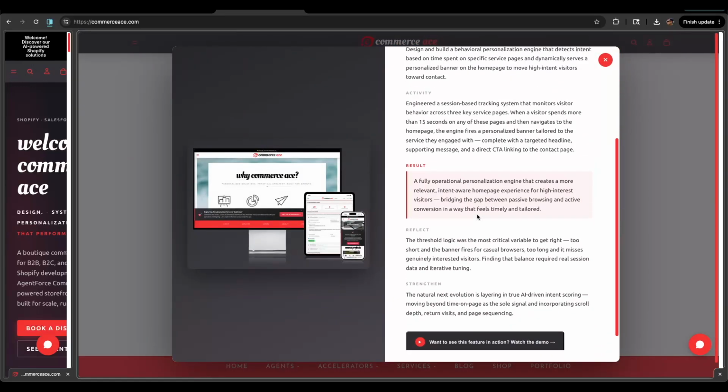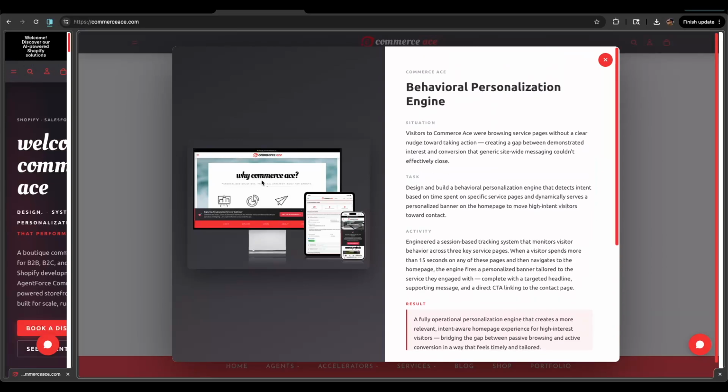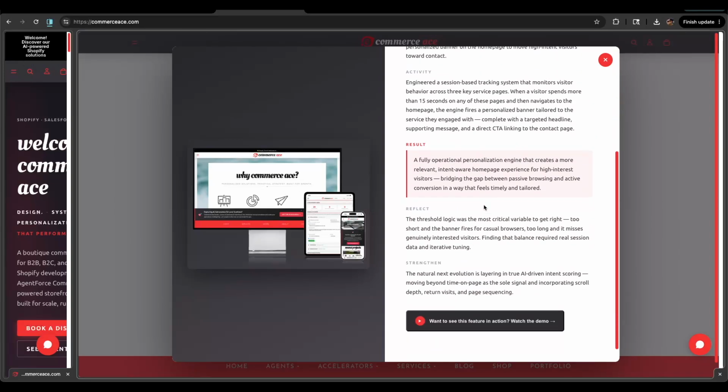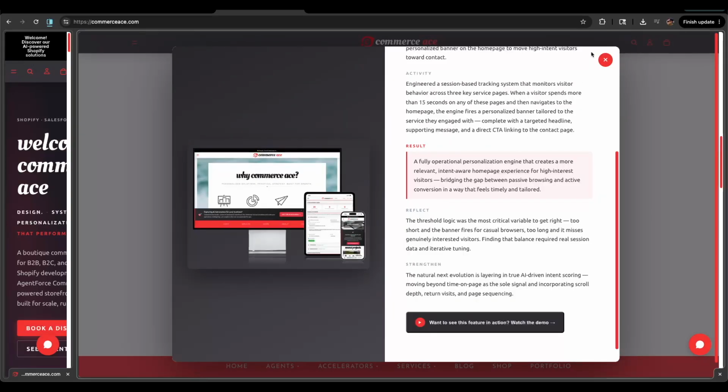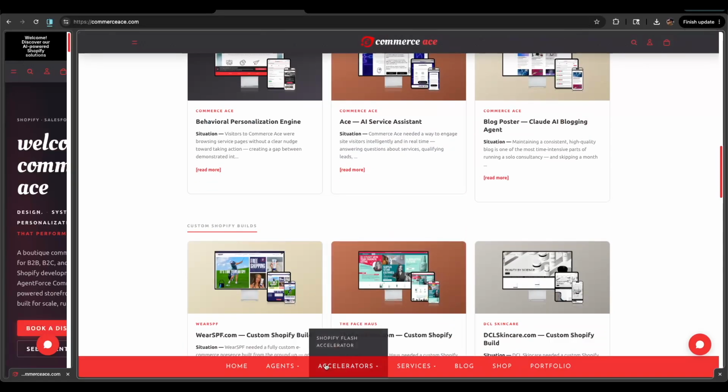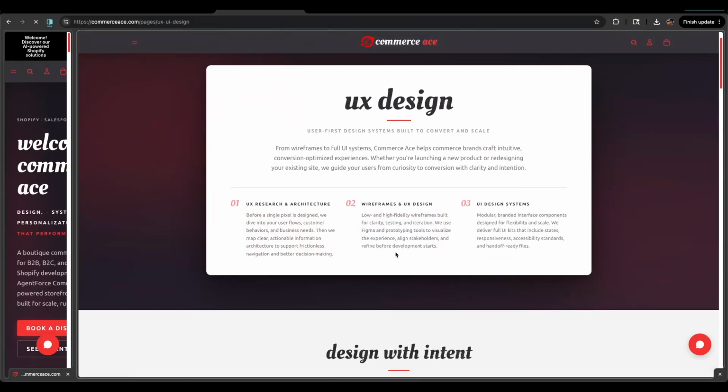And I added something special here. When you open a project card, instead of a static modal, you get a full lightbox with an embedded video player. The user never leaves the page. That's a UX win. And as we click through the site, service pages,